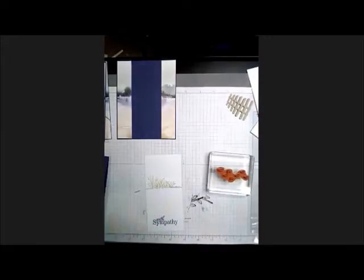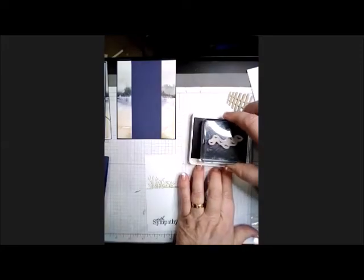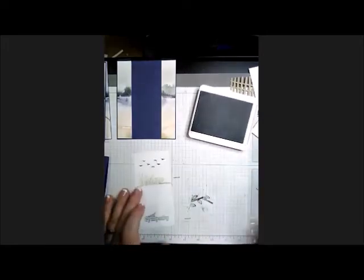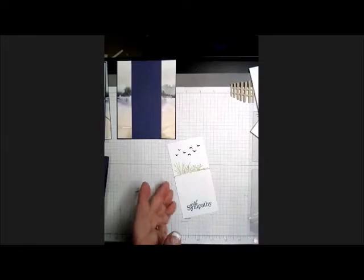And we're going to stamp the birds with Misty Moonlight. We are going to make sure they're flying right. Heads up. Make sure they're not flying upside down. Do not want any southbound flyers. All right, and then we're going to